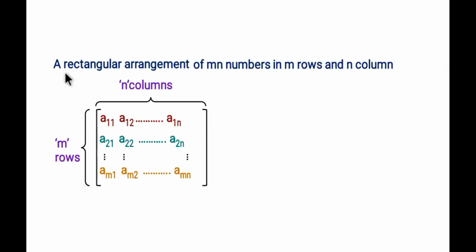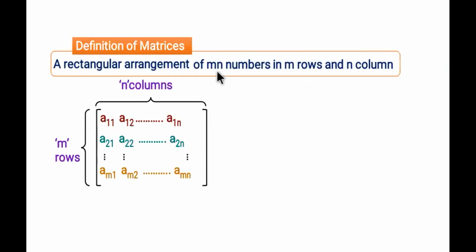So I have a rectangular arrangement of mn numbers in m rows and n columns, which is the definition of a matrix. Each of these A11, A21, Am1, all these are elements of a matrix. Now your order, so it's m